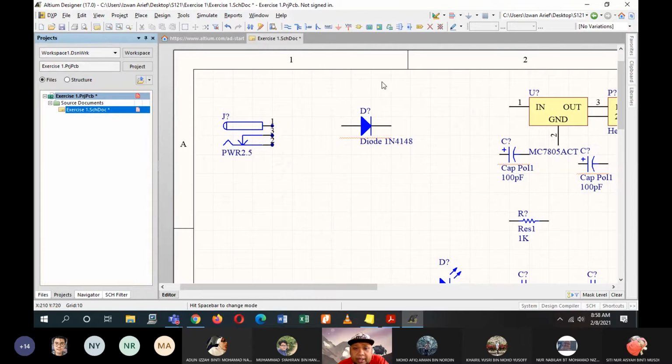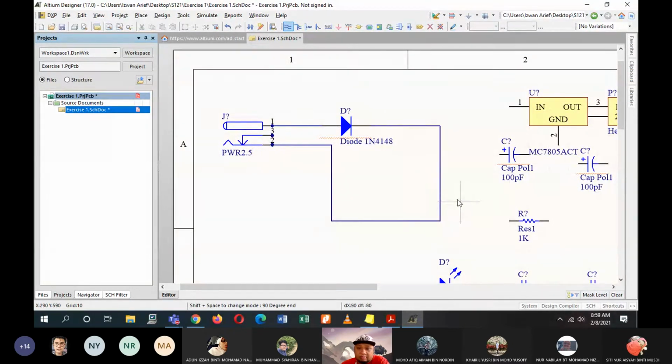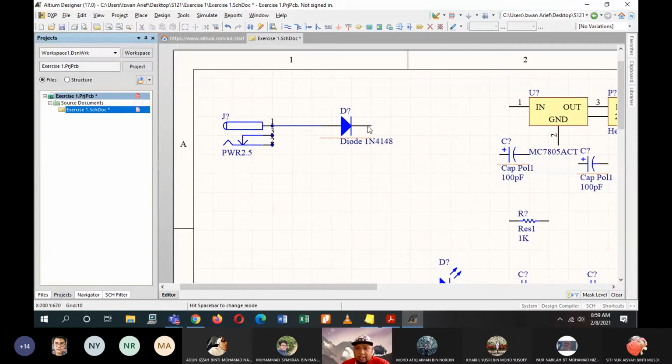But to place the connectors, just go to these symbols here, place wire. Click on it, then click one here and click one at the end. That's it. If you have used Multisim before, it is the same way. It is just not auto place. You have to click this first and then place it like this. So arrange whichever design that you like. I'll delete this one because it is not in the.